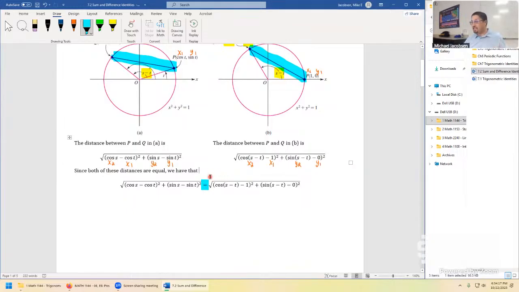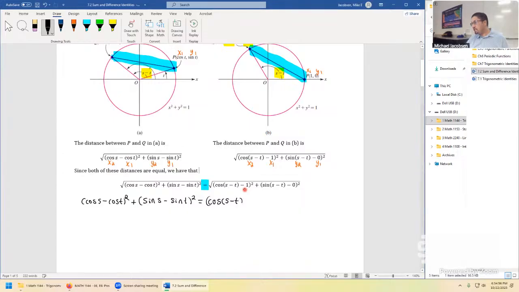We can square both sides. If we do that, the square roots fall off. Let's do just that. Square both sides and you get cosine s minus cosine t squared, which means we have to FOIL cosine s minus cosine t, cosine s minus cosine t. You know what? I'm not going to be able to fit that horizontally. I'm just going to write it squared like this. I'll carefully work it out algebraically. Plus sine s minus sine t squared is now equal to this whole thing without the square root,